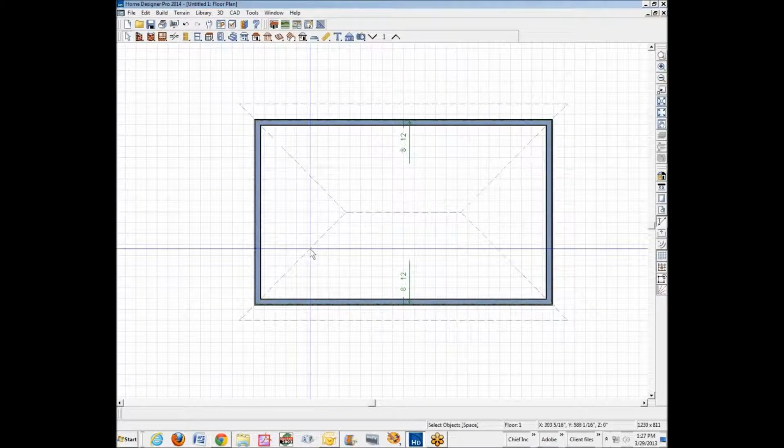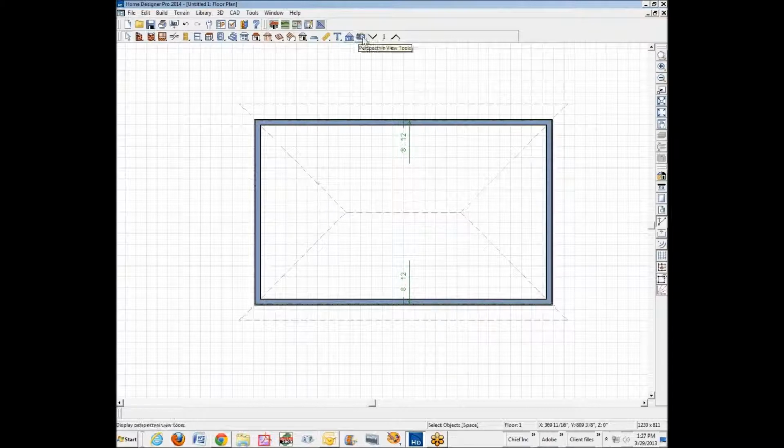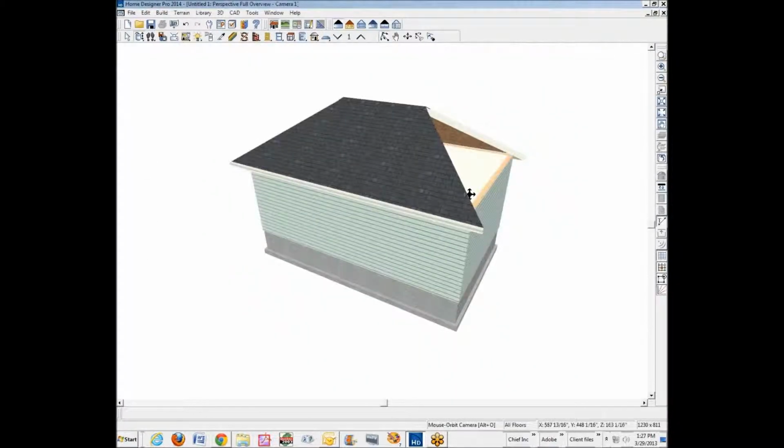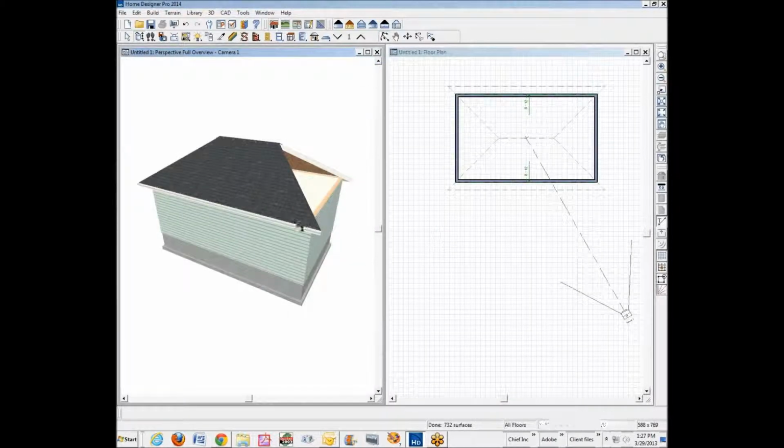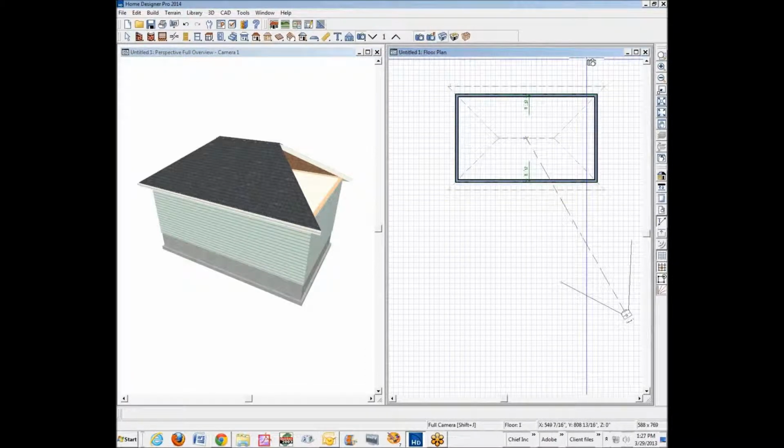Now the software just builds a hip roof by default, whatever you draw. So let's take a look at this in the overview so you can see this. I'll do Shift F6 so you can watch it develop. There we go. So there's the camera view, and you change the active screen by just left-clicking on them. Okay, now I'm going to go over here to my plan view screen